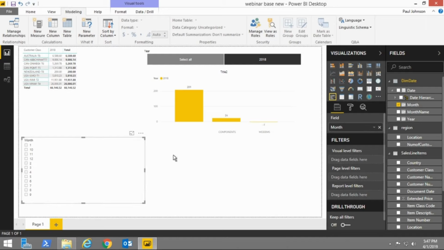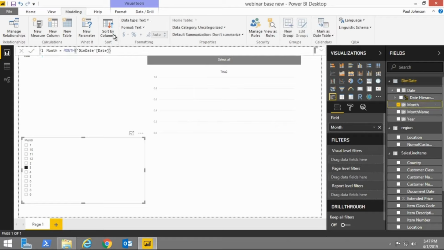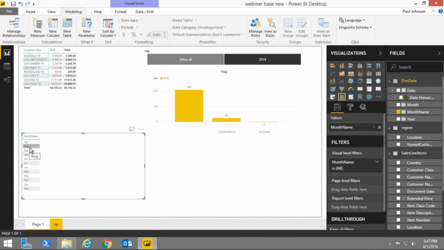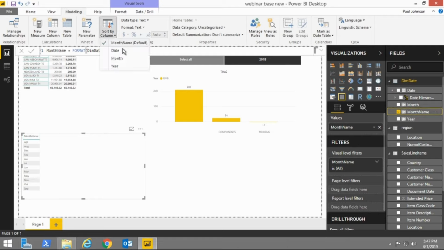So the easiest way to do that, I find, is if we select our month column or month value in here, and there's this sort by column. We want to sort our month column by month name, or sorry, month. If we dragged month name onto here, we would have the same problem. So I'm just going to hit delete on here for a second, and we drag month name. As you can see, A, then D, then F, whatever, on and on, right? So not the right order that we want. So if I select month name and say I want to sort that by month instead,